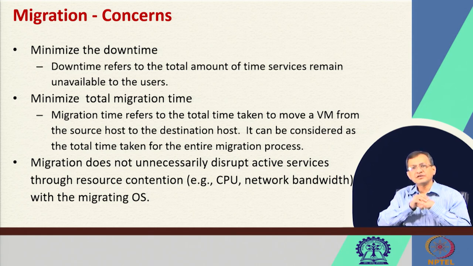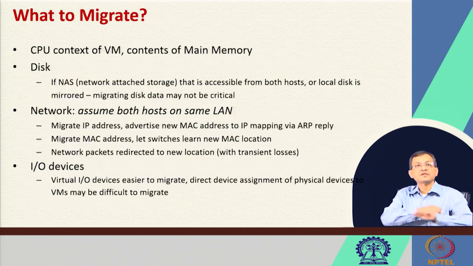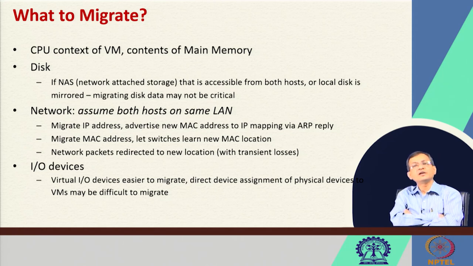So, what it tries to do is that there can be resource contention, CPU, network bandwidth, etc., at the destination, source and destination, that need to be taken care of. So, now what to migrate, as we started the discussion with, one is the CPU context of the VM,